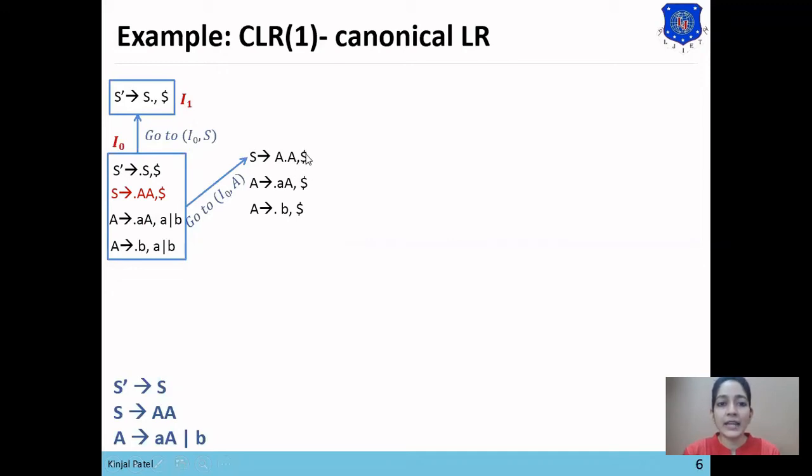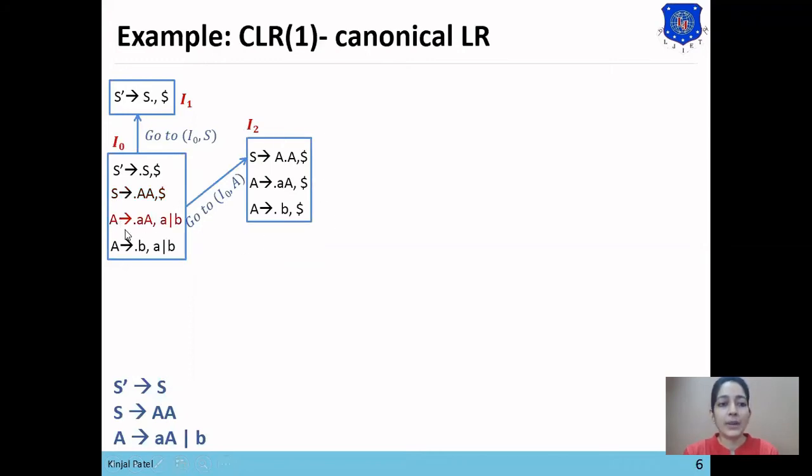So directly this lookahead will be copied down in the lookahead of A. That lookahead dollar will be placed in the lookahead of the productions of A. Now in the second and third statements, dot is present at the beginning of a terminal symbol, so no more rule will be added in this set. So we'll represent this set with I2.